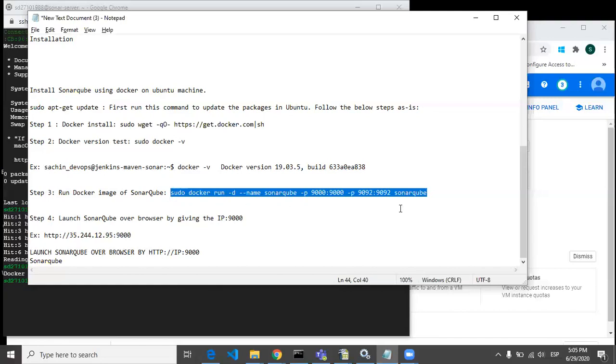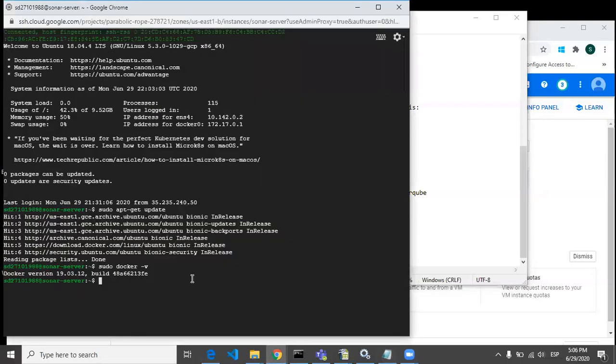Once you execute this command, SonarQube will be running on your Docker machine, and you just have to give your IP address and 9000, and SonarQube will get started.